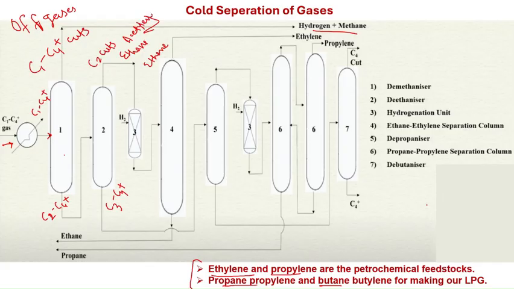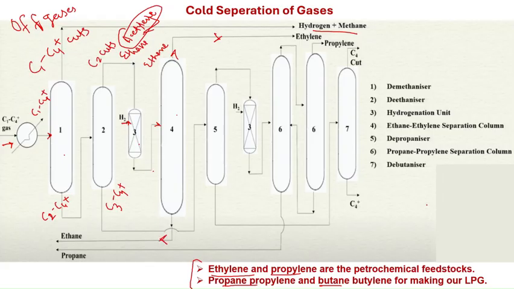Okay. Ethane and ethene may be present, but some amount of acetylene may also be present. Acetylene is basically C triple bond C. Okay, so this is undesirable. It is not required. To remove this, it is sent to a hydrogenator where hydrogen is introduced, which converts the acetylene into ethane and ethene. This is the hydrogenation unit, and further it is sent to an ethane-ethylene separator. So the ethylene is given off from the top, and the ethane is given from the lower portion.